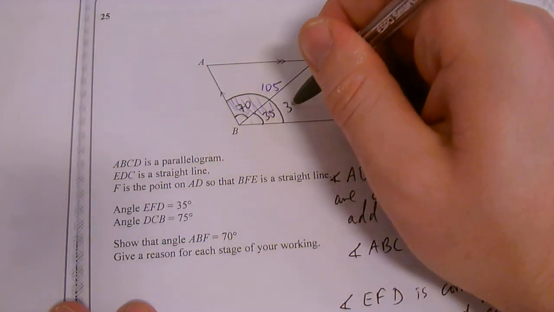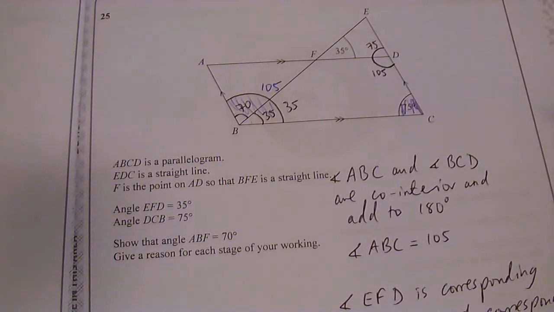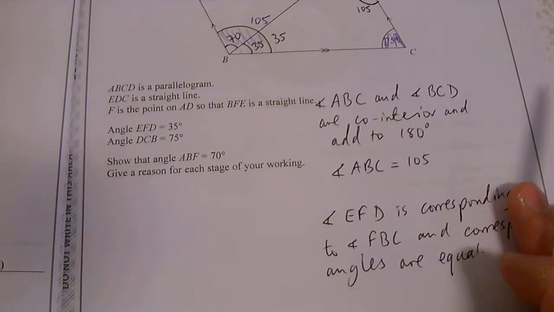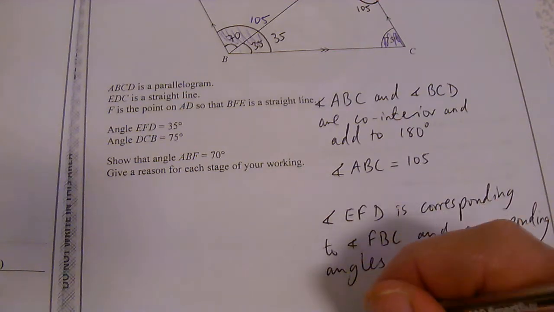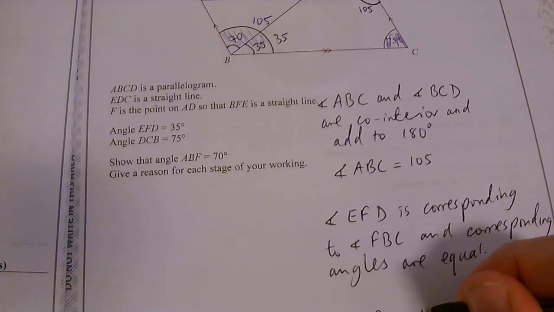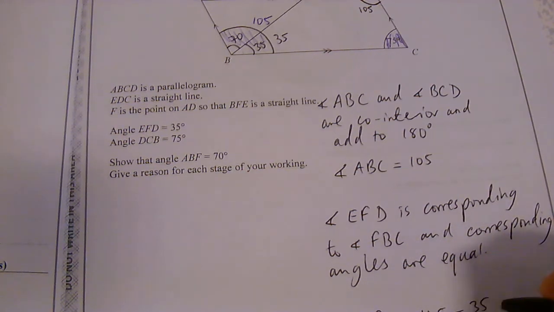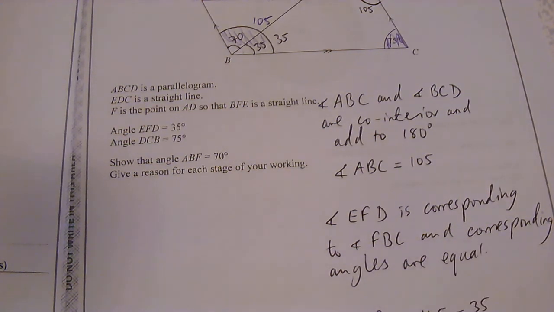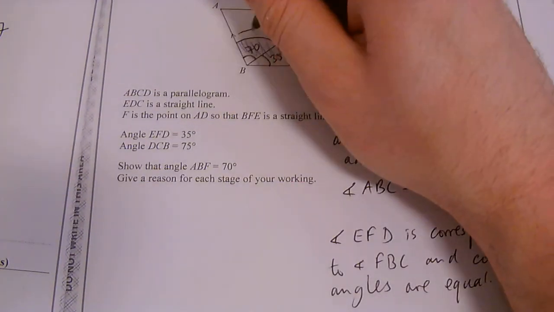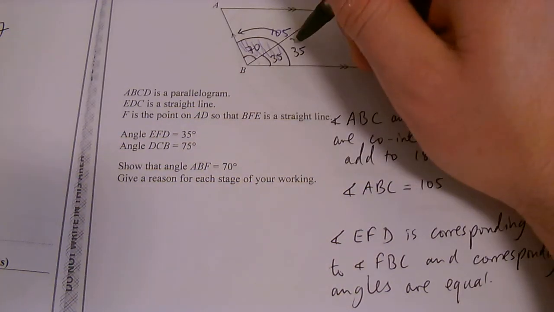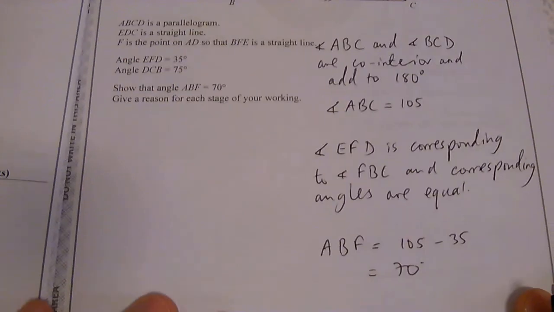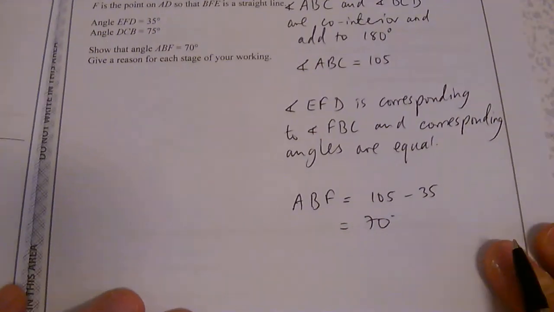So this is definitely 35. Okay, so if that's 35, we know that angle ABF equals 105 take away 35, which is 70. Because you can see the whole angle there, ABC, is 105. We know this little bit's 35, so we take it off, going to be left with 70. So that's one approach of many, and I'm sure that there's